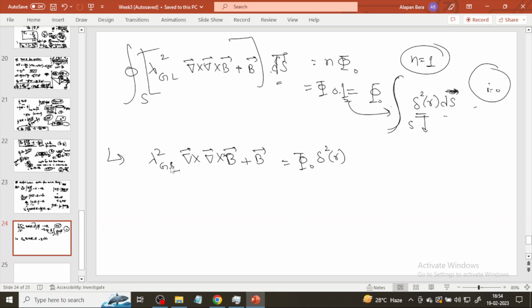Okay, this is our final equation, or we can further modify it. We know that curl of curl of B is equal to minus grad square B. I derived it in the last session only. So you can use this result and modify this term as grad square B plus B is equal to